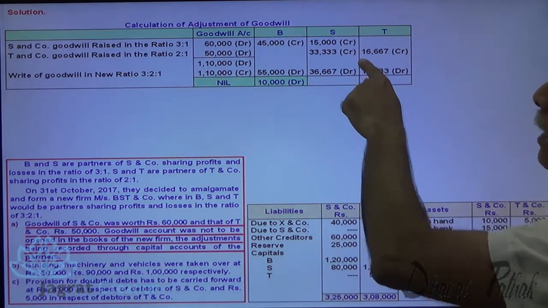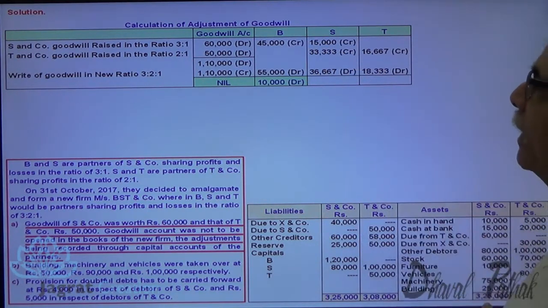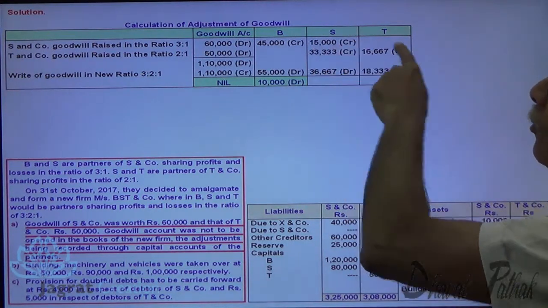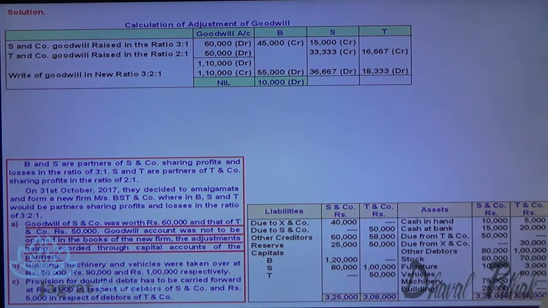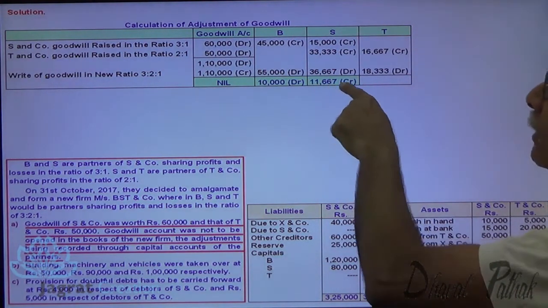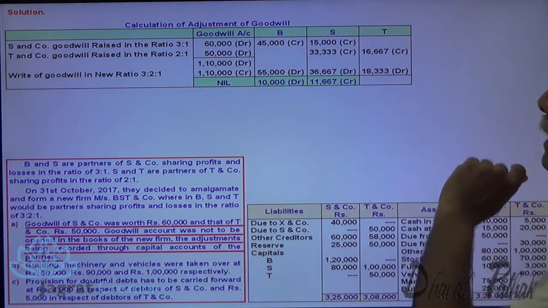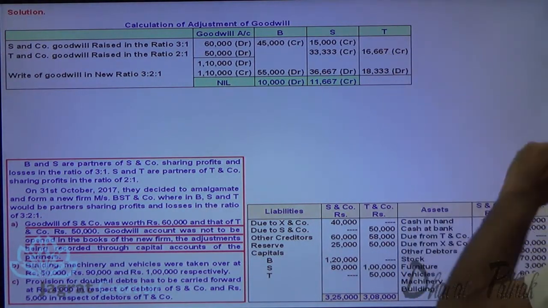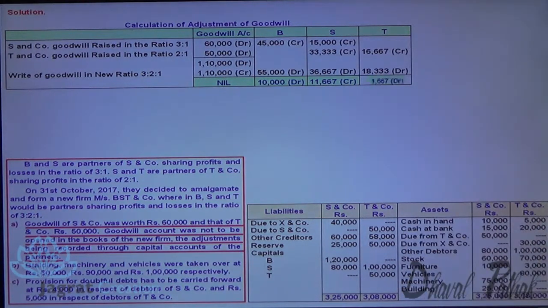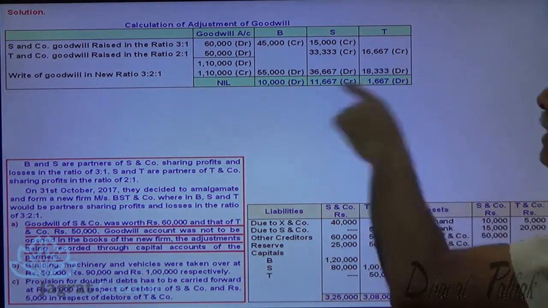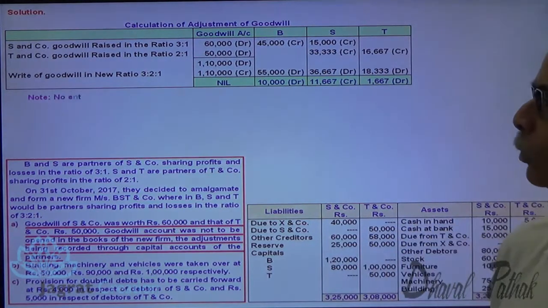Now here 33,333 credit, 15,000 debit. So you are required to write a credit entry of 11,667. So capital account is to be credited for 11,667. Here 16,667 credit, this is debit. So there is a debit effect of 1,667. This is the net effect to be given to the capital accounts of the partners for that goodwill adjustment entry